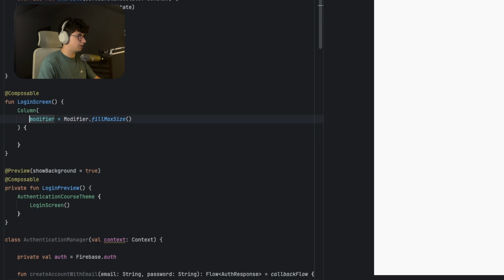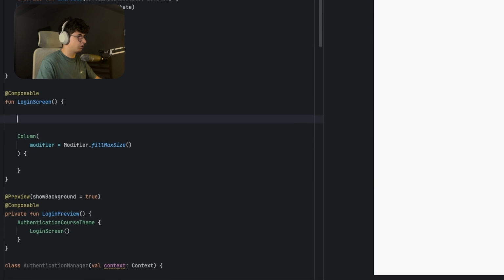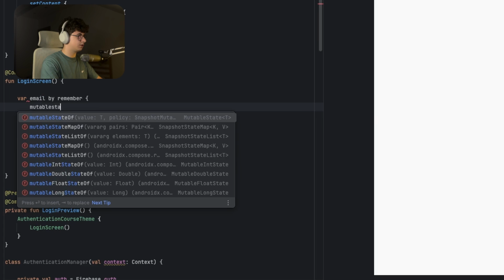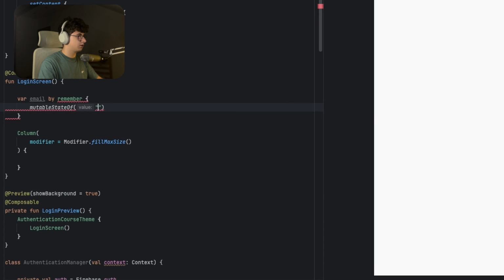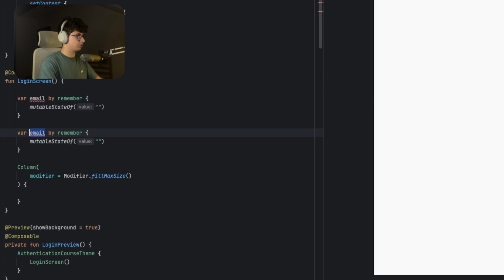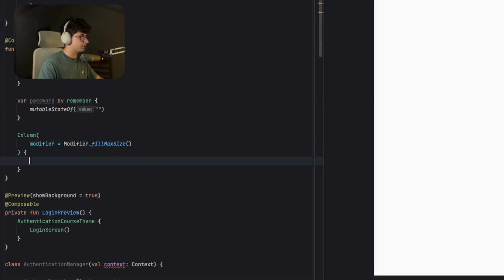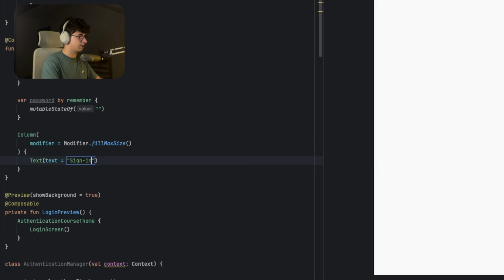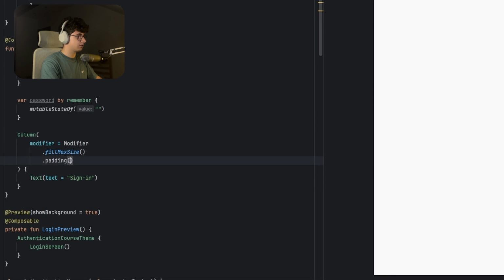Now let's have our text fields, so let's say var email by remember mutable state of string, and let's import the required things, duplicate this and rename this with password. Now let's create the headers, so let's say text, and let's say sign in. Let's also add some padding inside, so padding 20 dp,